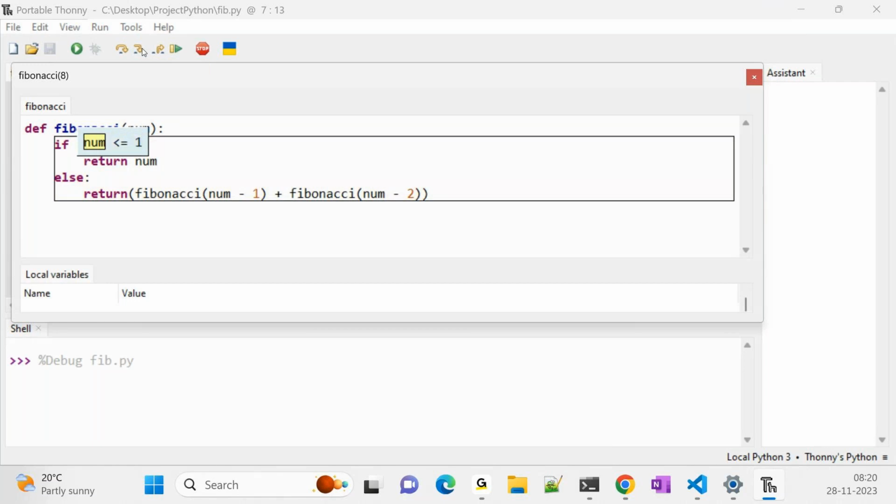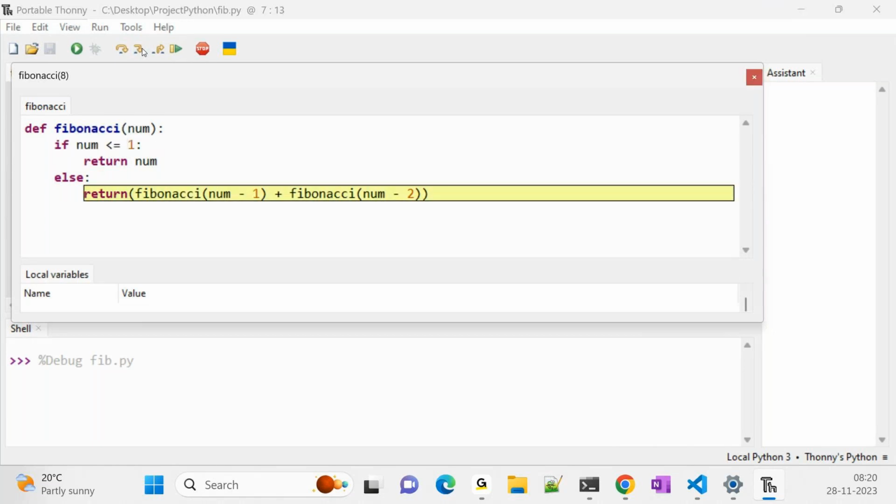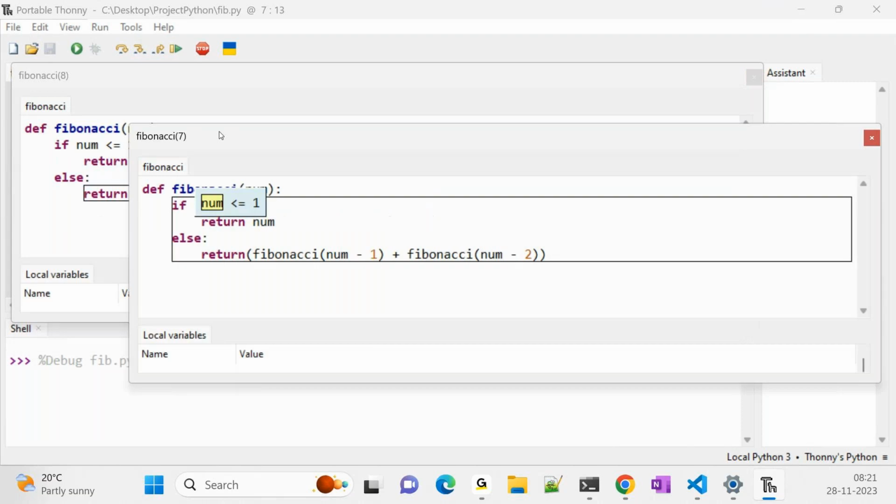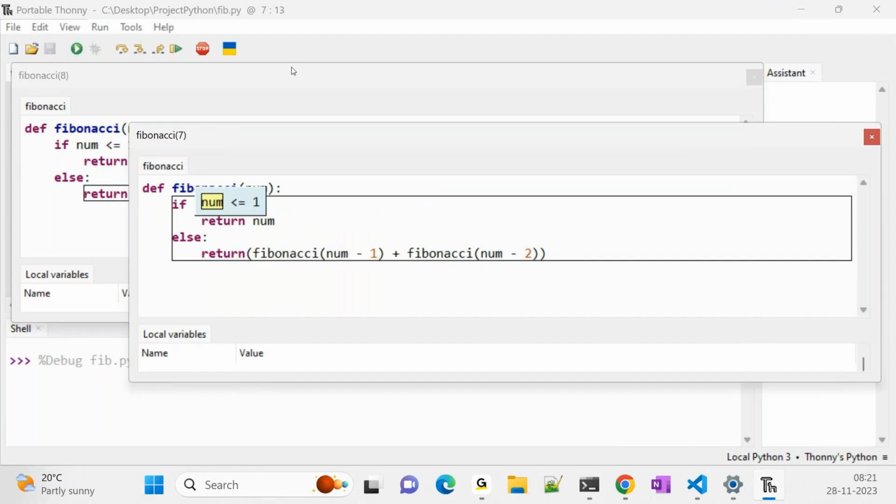If number is less than one, okay, it's not less than one, so it is going to the else. And again, here you see we are calling the same function again in a recursive way. So now it has created one more. Here the function is there. It has created a